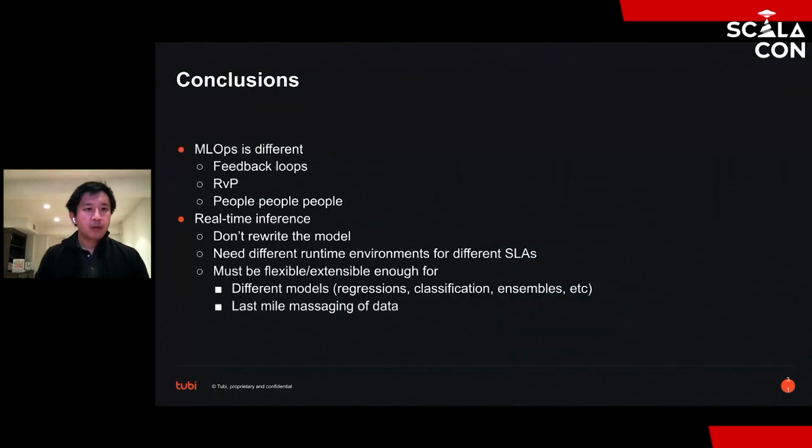So, okay. Basically what we talked about today is, hopefully I've convinced you that machine learning operations is different, right? Beyond just having more boxes in this diagram, there are also important differences: the feedback loops inherent within every part of this diagram, the gap between research and production, and the need to coordinate across multiple teams so that we can iterate successfully and iterate quickly, right?